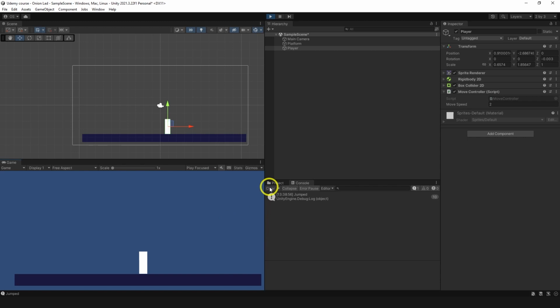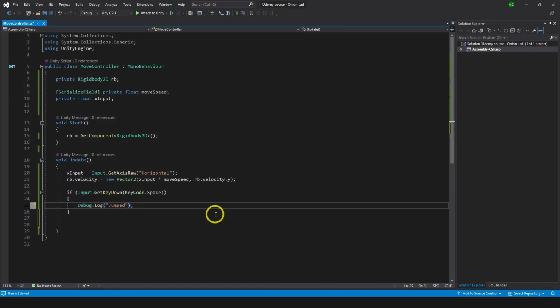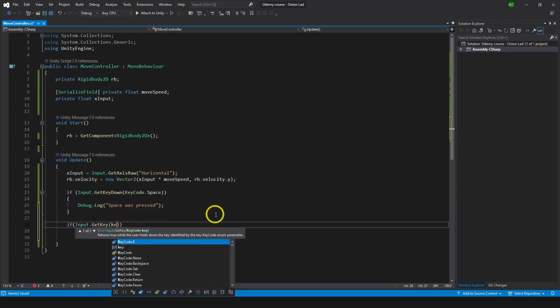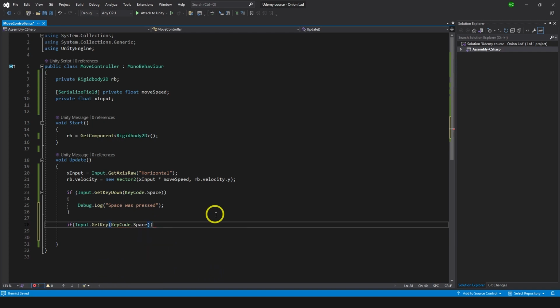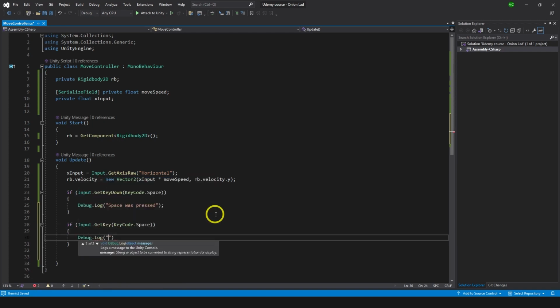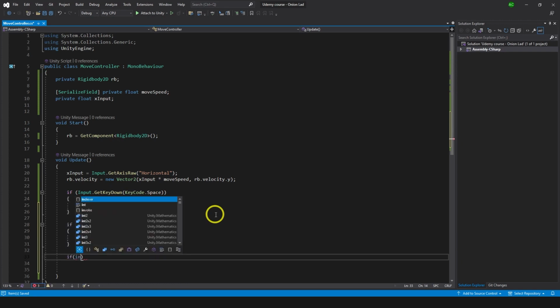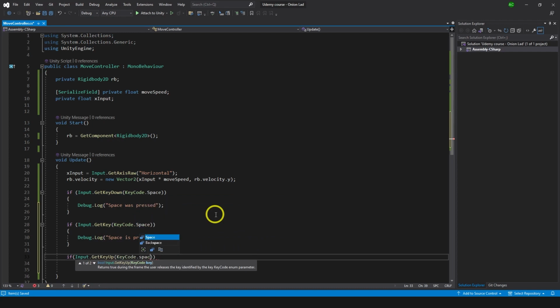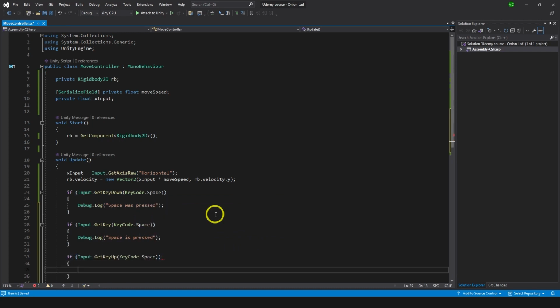Now let's try to do something different. Let's go to the move controller over here, and I'm gonna delete this jumped, and I'm gonna type here "space was pressed". Now let's add another one. If Input.GetKey(KeyCode.Space), Debug.Log "space is pressed". Yeah, and I'm gonna add another one. Input.GetKeyUp(KeyCode.Space), Debug.Log